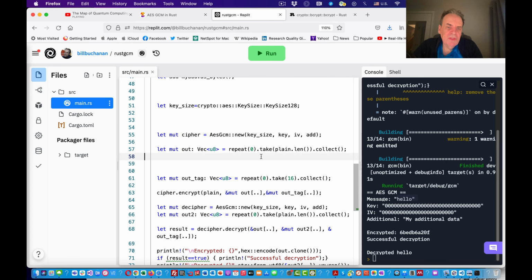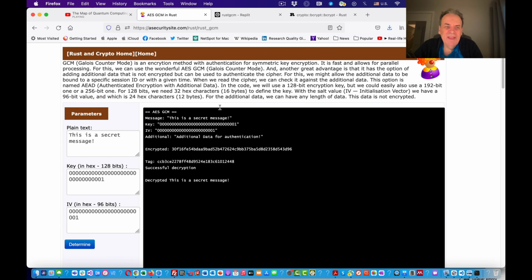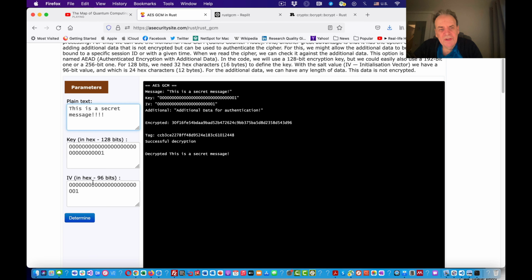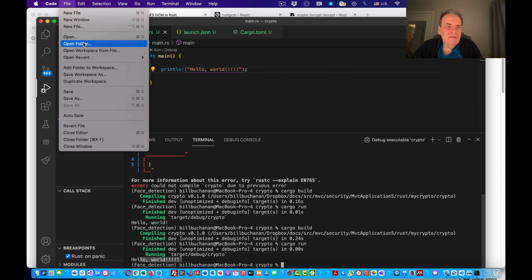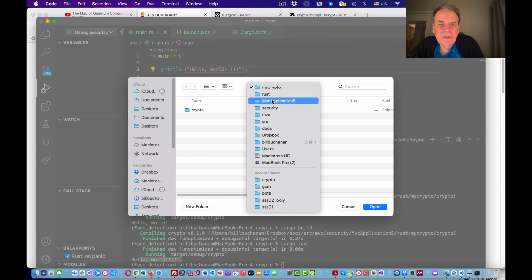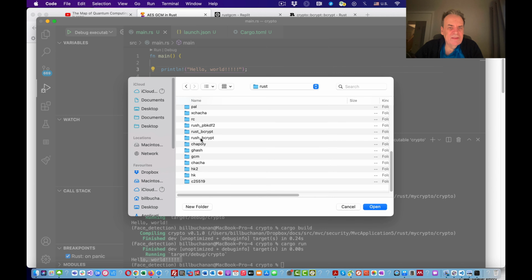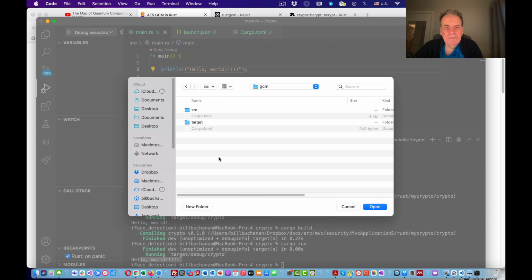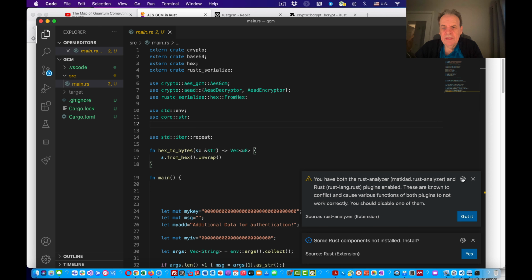Okay, so if you've got time, have a look at the code and see if you can understand how it works. It takes a little while to get used to all the syntax and so on, but once you're over that, then you'll find it's a rock solid environment for developing our code. So let's see if we can actually find that folder with Visual Studio Code. If I can find it from here, there we go, GCM. Open the folder, and here we are.